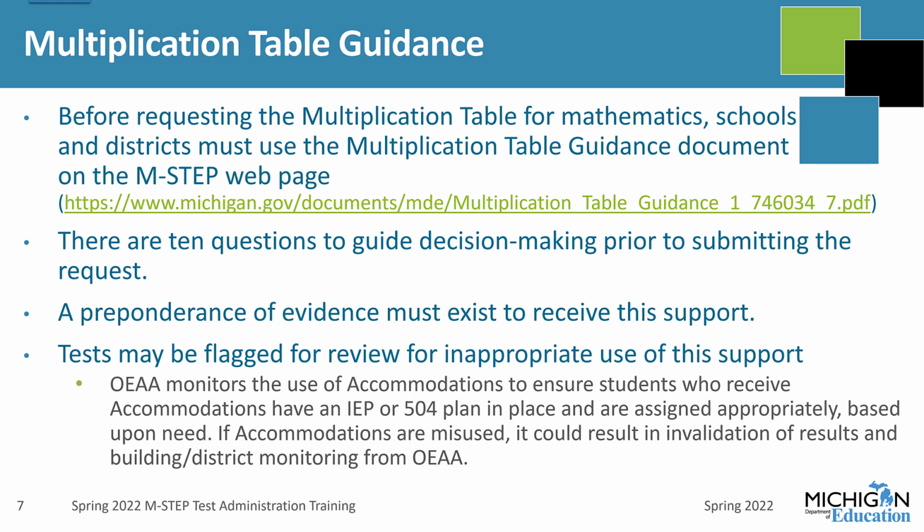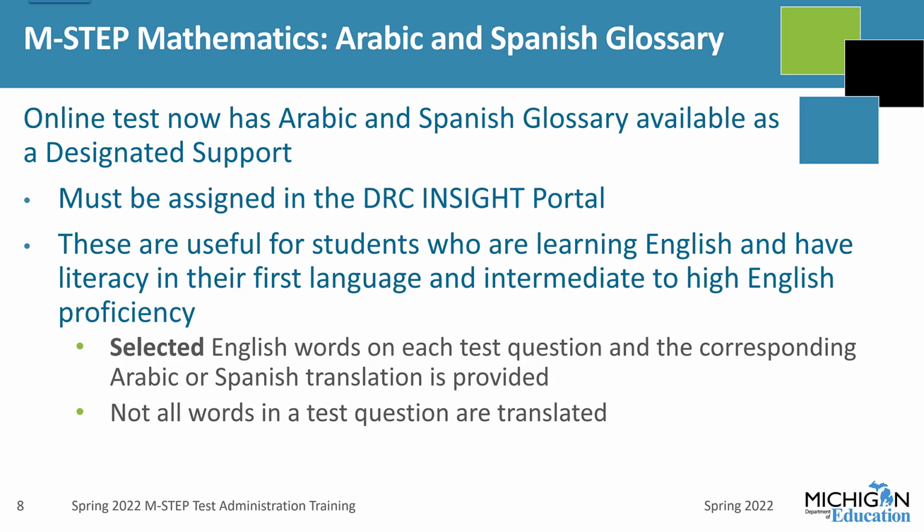to follow this process if you are deciding whether to use the multiplication table. Mathematics online tests now have a Spanish and Arabic glossary available as a designated support. It has to be assigned in the DRC Insight portal before printing test tickets, like all designated supports and accommodations. These are intended to be used for students learning English who have literacy in their first language plus intermediate to high English proficiency. Not every word on a test is translated, just selected words on each item are provided in